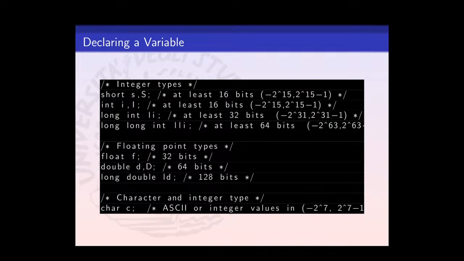If you have a look at the line just after the sentence floating point types, more or less in the middle of the slide, we have a line in which we can see float space f semicolon, and this is the declaration of the variable f of floating point type. Okay,